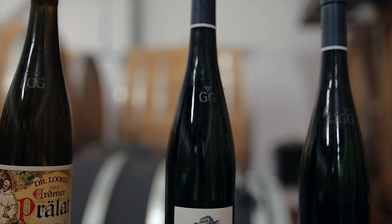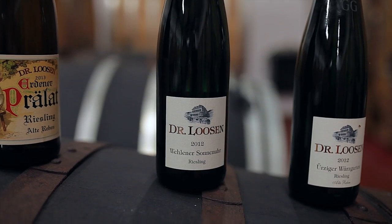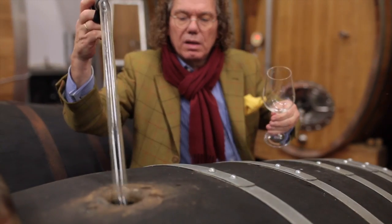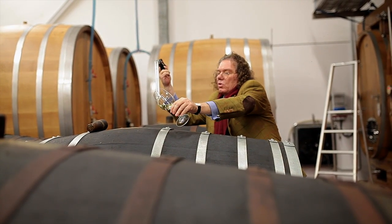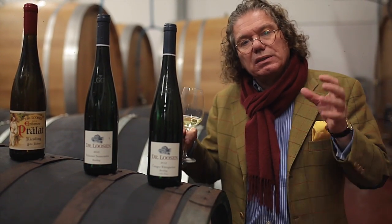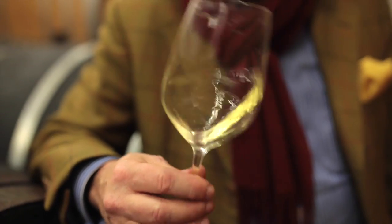As I said, all the wines are fermented on natural yeast in these old Fuder barrels, as we see them here, and stay minimum 12 months on the full yeast before we bottle it. And what we see, this long barrel aging and the long yeast contact gives the wines a wonderful complexity. The micro-oxidation through the staves and the long yeast contact integrates the acidity beautifully into the complexity of the wine. That makes the wines very elegant,